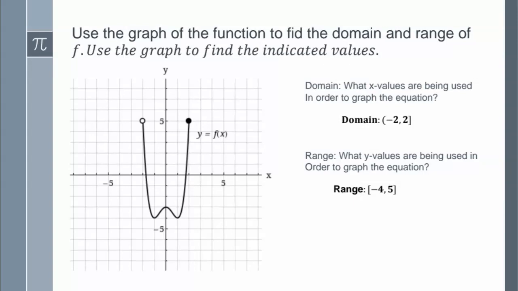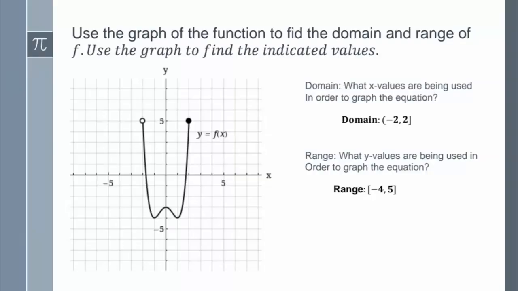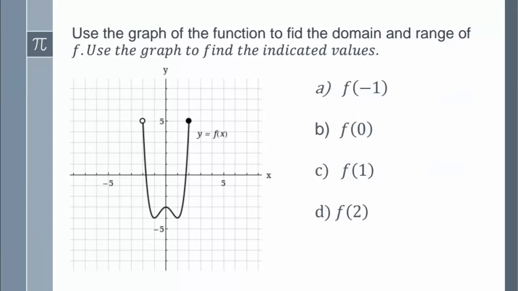Now, what is the range? Opposite to the x values is the y values. So this range, again, we read it from bottom to up. It's from negative 4, including negative 4, all the way up to positive 5. Even though I don't have that 5 on the left, it does exist on the right. So we do put a bracket for the 5 because there is a value that exists at that position. All right, so let's go ahead and